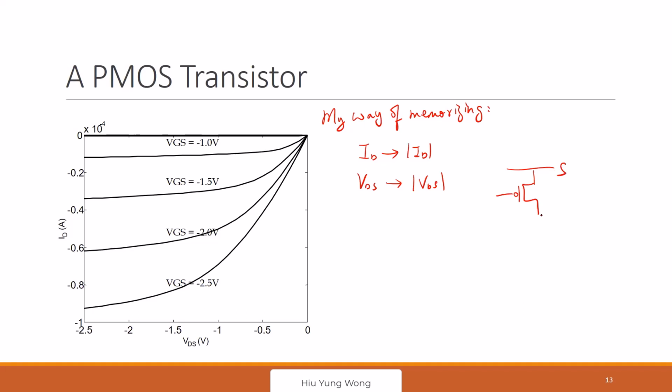Because in a PMOS, it will be something like this. This is the source, right? This is the drain, right? This is the gate. In a real PMOS equation, IDS is negative, right? Because with this VDD, the current is flowing from top to bottom. So how do I memorize all these things? I don't want to. So I just use the NMOS equation. But I try to use the physics to guide me. I know that if the absolute value of